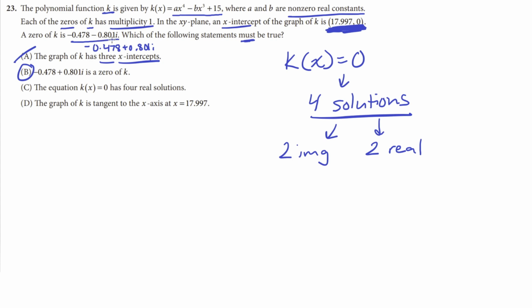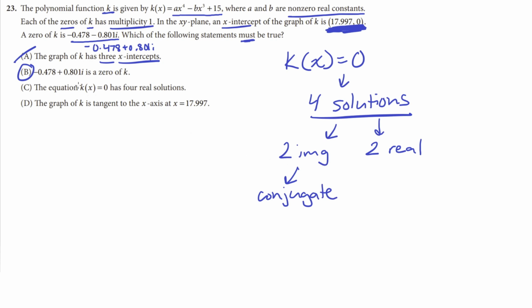And because this is an imaginary solution, its conjugate, where we just change the sign of the i term, negative 0.478 plus 0.801i, also has to be a solution. So the conjugate is always a solution when it comes to